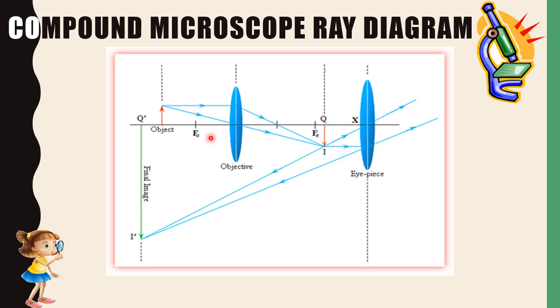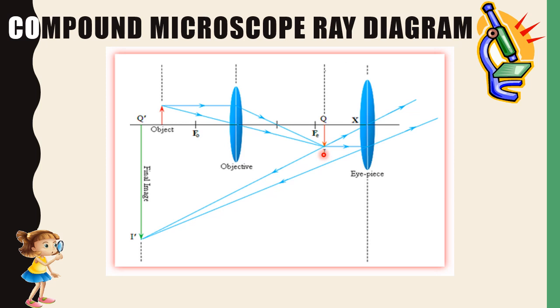So here the object is placed beyond the focal length of the objective. Here comes the object now. How do we draw a ray diagram? First we choose a ray parallel to the principal axis. It reaches the lens, refracts over there and passes through the focus of the lens. So see, this ray reaches here and proceeds further. The second ray chosen is the ray that is directed towards the optic center, which goes undeviated, and these two rays meet at the point I in this case.